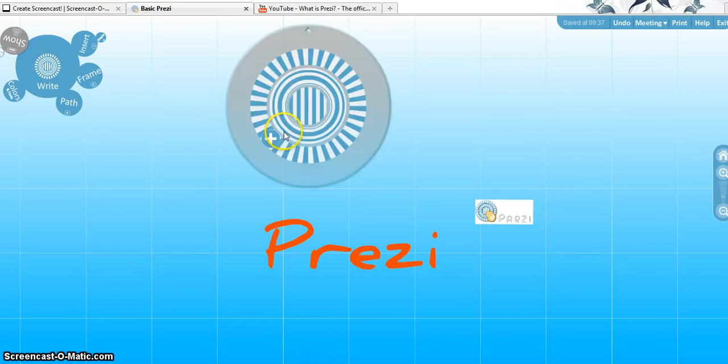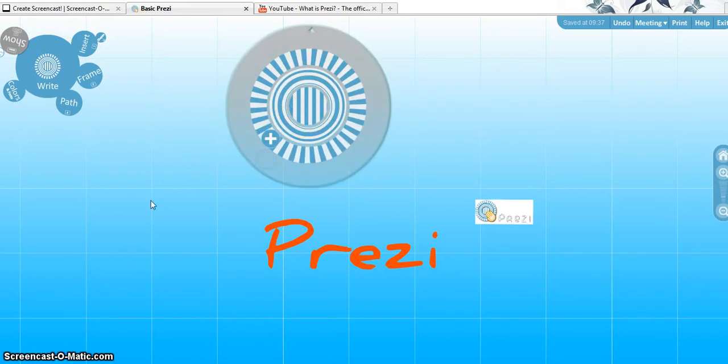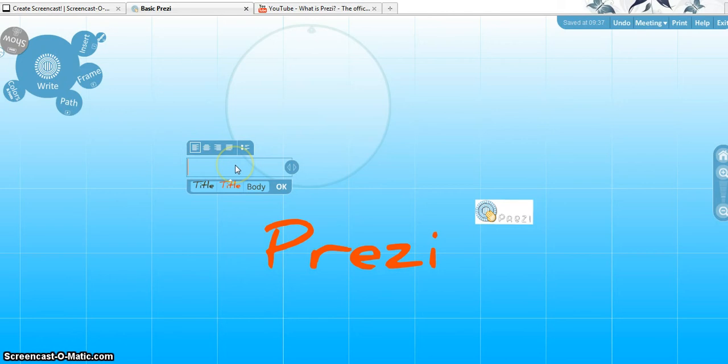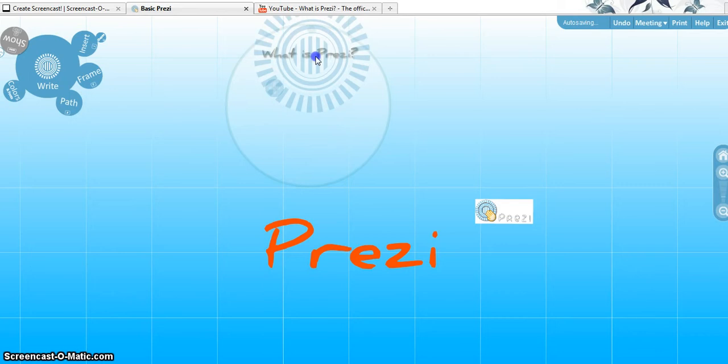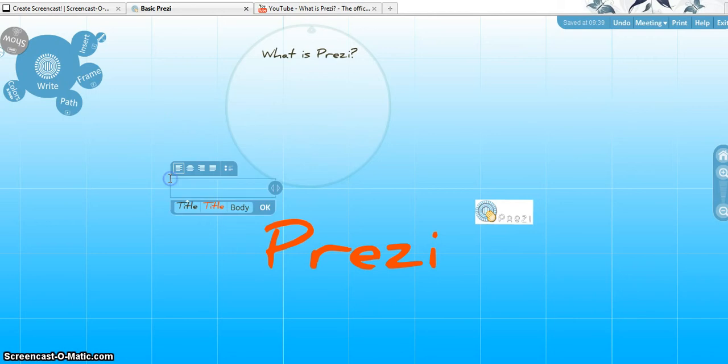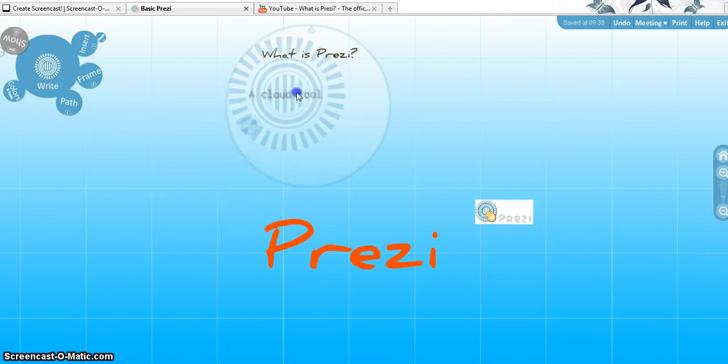Okay, so we're going to get started. I'm going to create some text. So it's really simple. I'm going to use the different styles to help differentiate between the different ideas, putting it inside the circle so that I can group my ideas together, double clicking from another text option, using the third type of style,